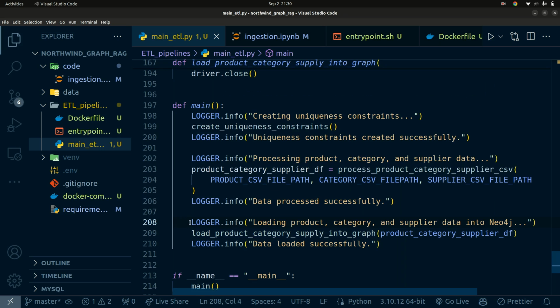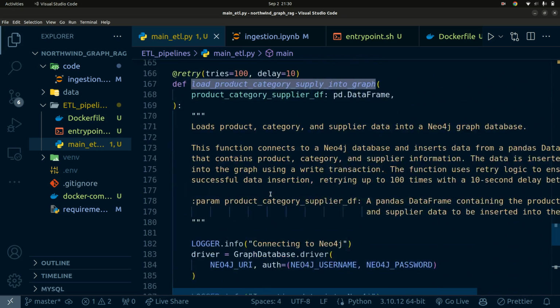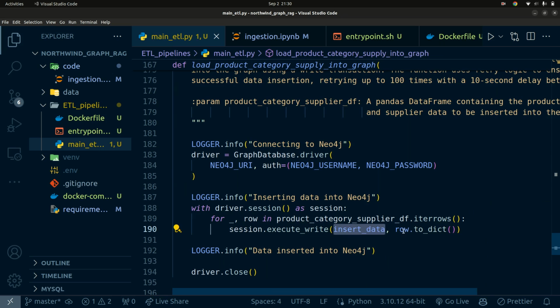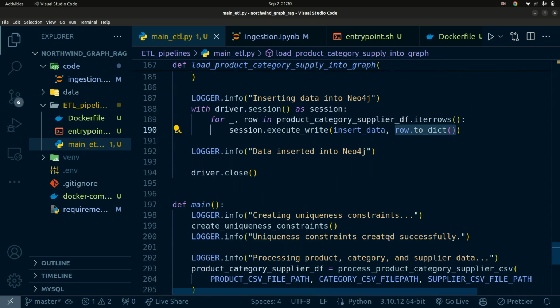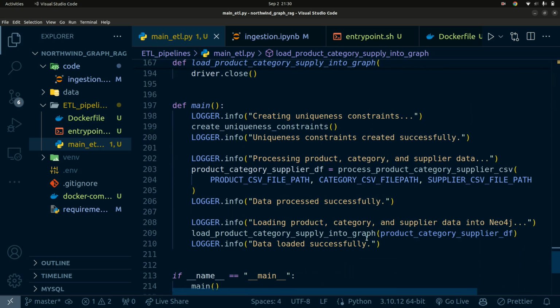You're going to load the data into Neo4j, where you're having the loading function, which is this function right here. And this function calls the insert function and passes in each row's information in a dictionary format. And you explained all this in the last video, right? So it goes ahead and inserts all the data. Once it's done, it's going to let us know that it's done, right? So once we have all that done, I'm going to save this,